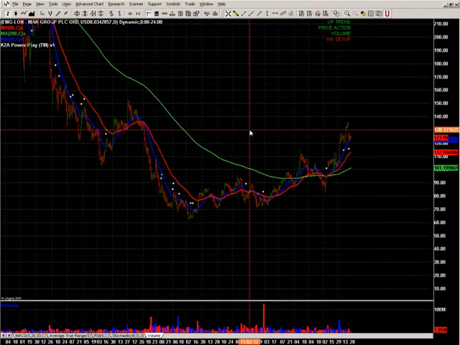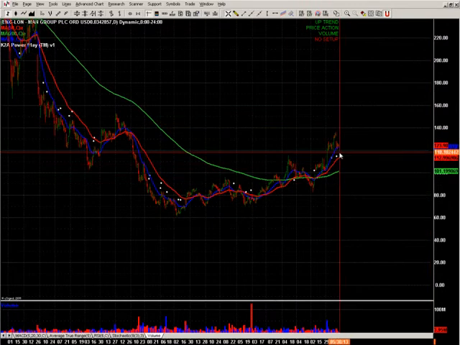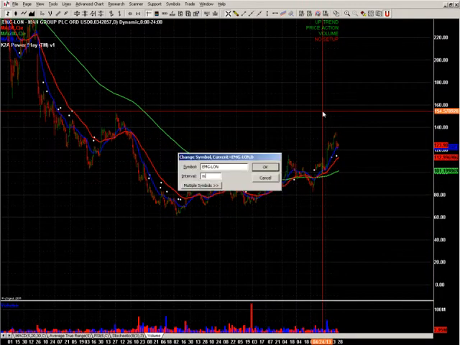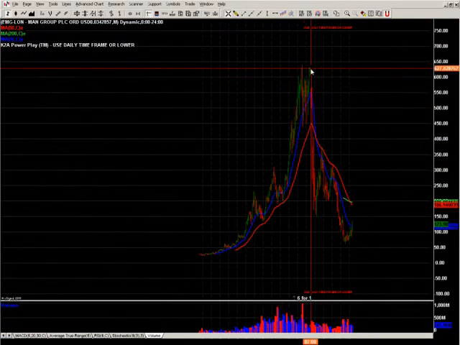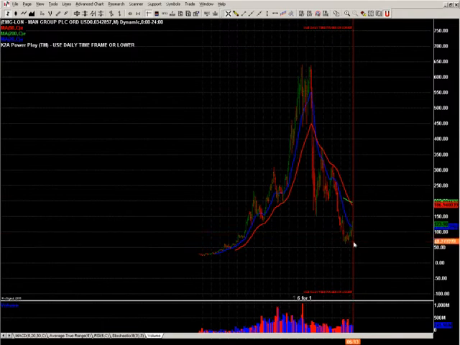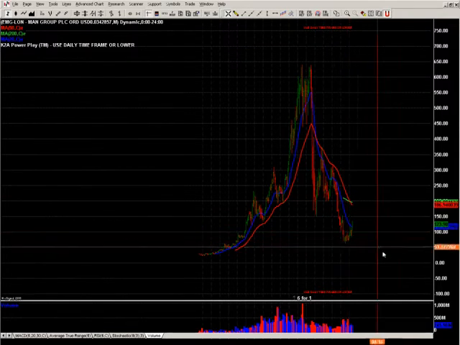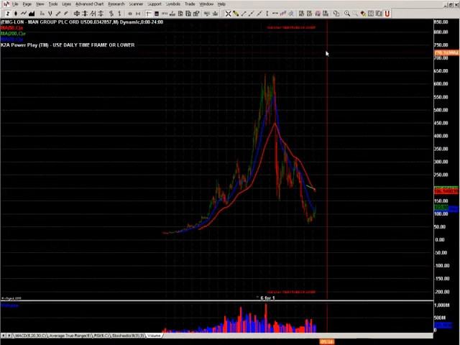Technically, it's making higher highs and higher lows. It's been going up for a while. It gapped recently. So if you go to the monthly chart, it came right down to this level. That's zero there, so it was a big sell-off there. But I can see this picture going up all the way again.